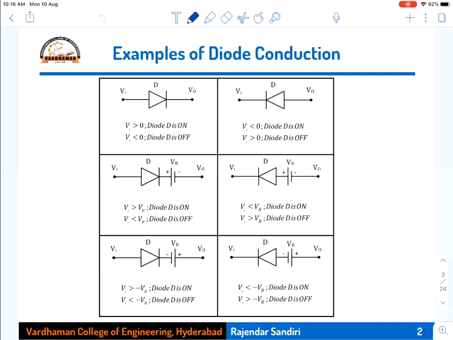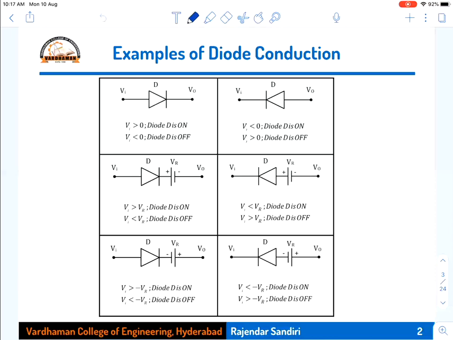Then this is just showing you the examples of diode conduction. I have just told this when we were discussing the rectifiers also. When the anode voltage and cathode voltages are taken, both positive, both negative, one is positive and the other is 0 or vice versa, and one positive and one negative, all different conditions, we have compared anode voltage with cathode voltage, and told whether the diode is conducting or non-conducting. Here also the same examples were given.